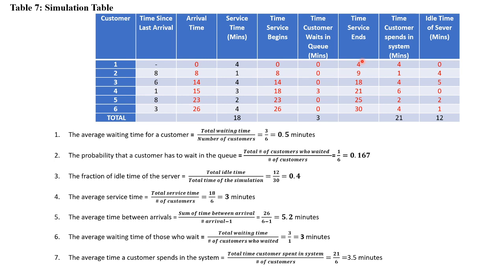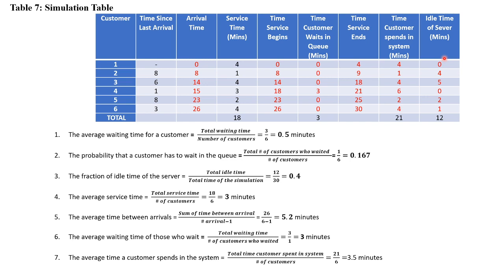Then the time the customer spends in the system is only 4 minutes, and he is gone because he came in and didn't have to wait. There's nobody there, only the server. He was just attended to, and he's gone. The idle time of the server is 0, because we are beginning. So from the start, customer 1 came in, was served, and is gone, so there is no idle time for the server at that point in time.